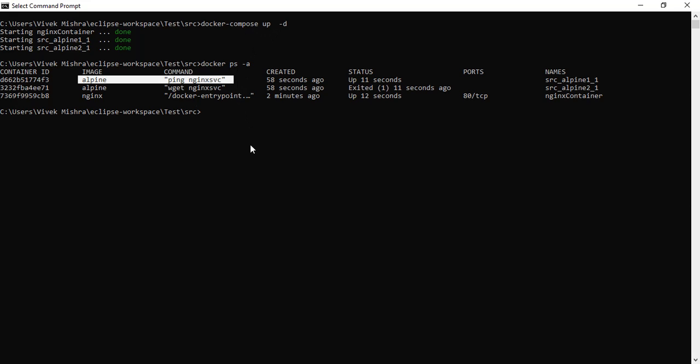Okay, now let's do one more thing. So now it's up and running, right? Now how can we stop this? We cannot say docker stop one by one. Instead what we'll say is docker compose down. So when you say docker compose down,